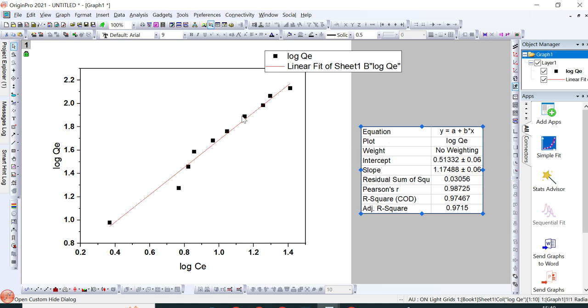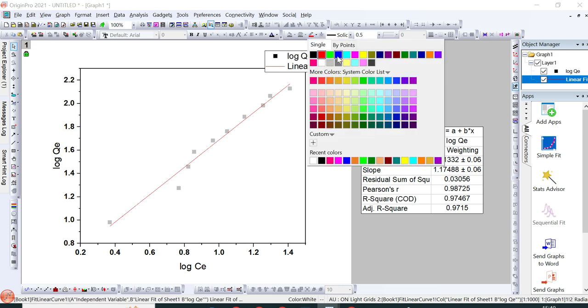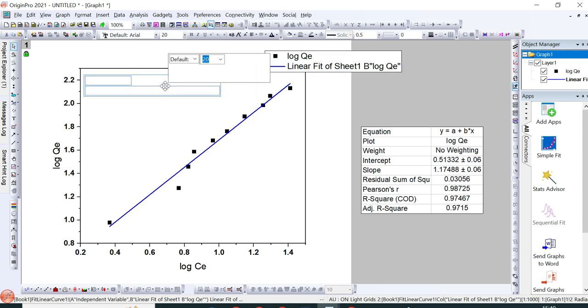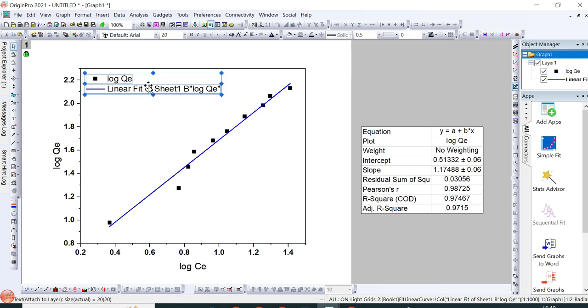Once you have plotted the graph, you can make any kind of formatting or editing. For example, you can change the color of the line by making it blue, and you can change its width, more width like 2, and make all these changes. You can keep this box within the graph, or else you can remove it from here.